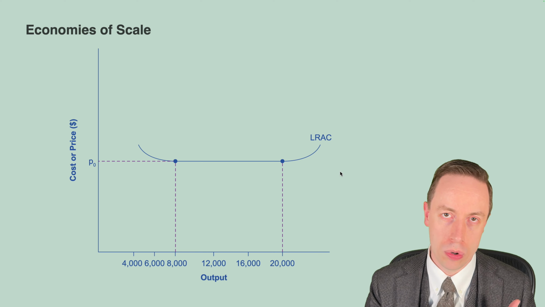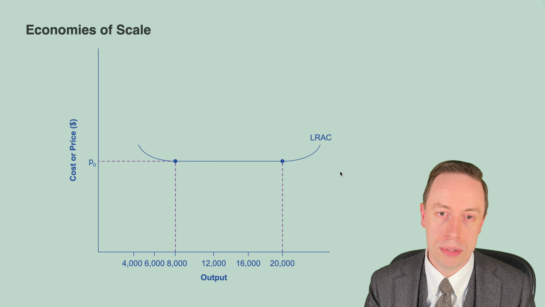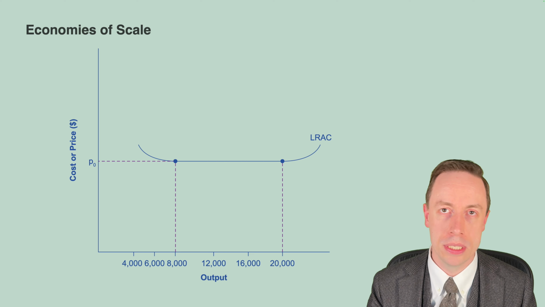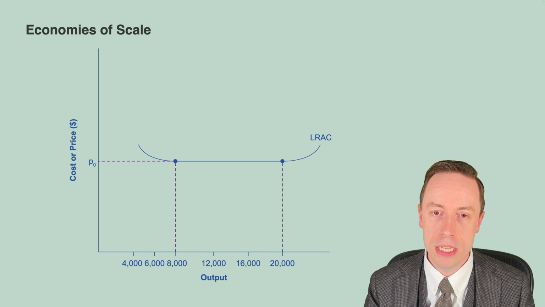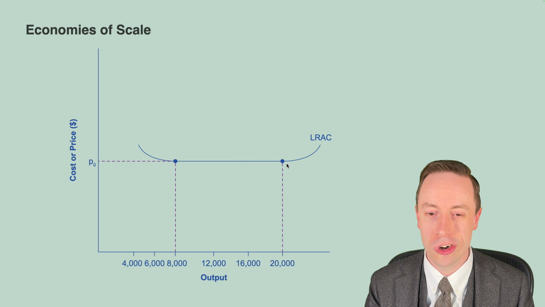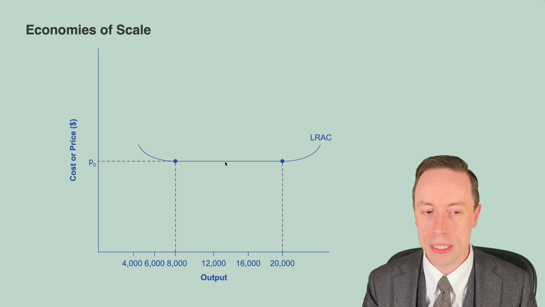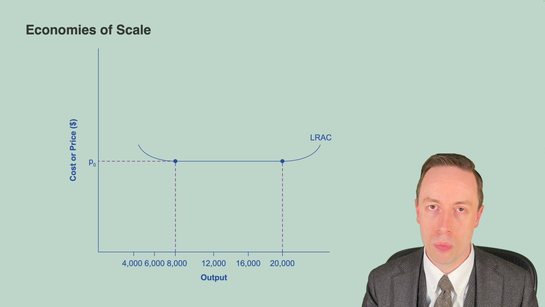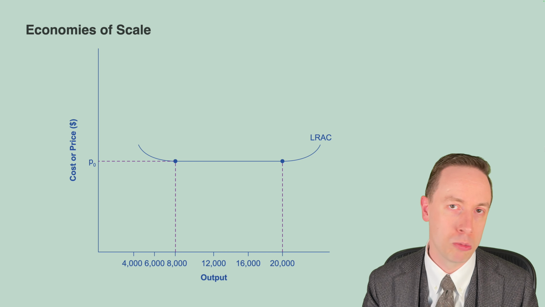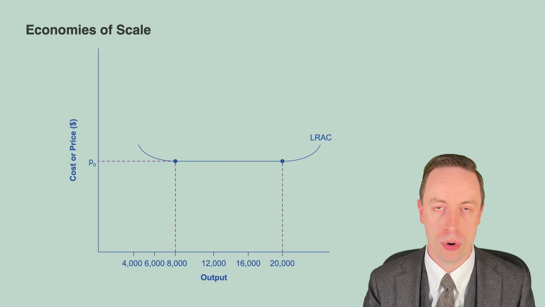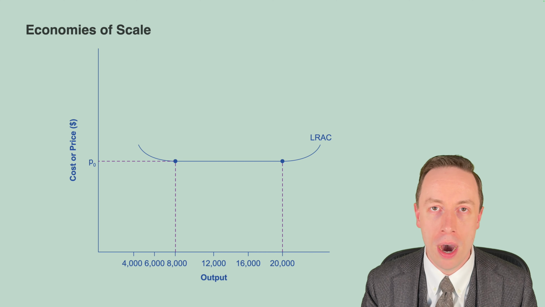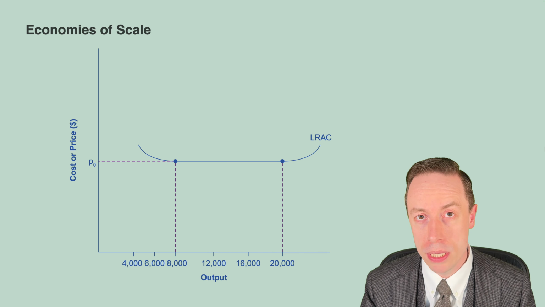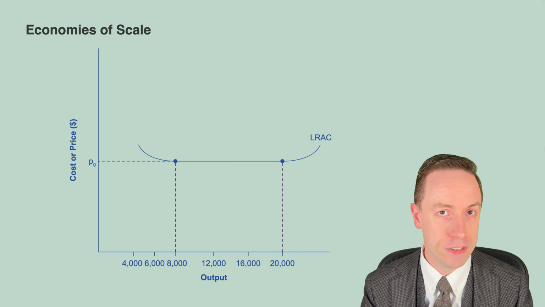Now, what of course happens is that in competition, when you have many companies competing with one another, everybody is forced to operate at low cost. So everybody has to be in this constant returns to scale range here in this example, producing between 8 and 20,000 units. So if you're looking at a market where perhaps the total market size is 2 million units per year, then you can have 100 or more companies all competing while being at an efficient level of